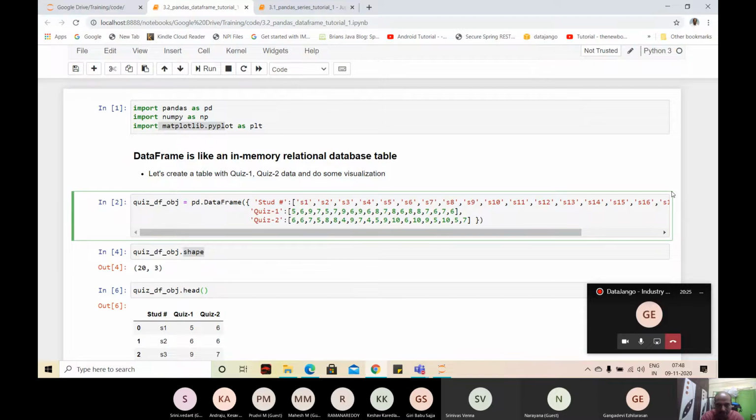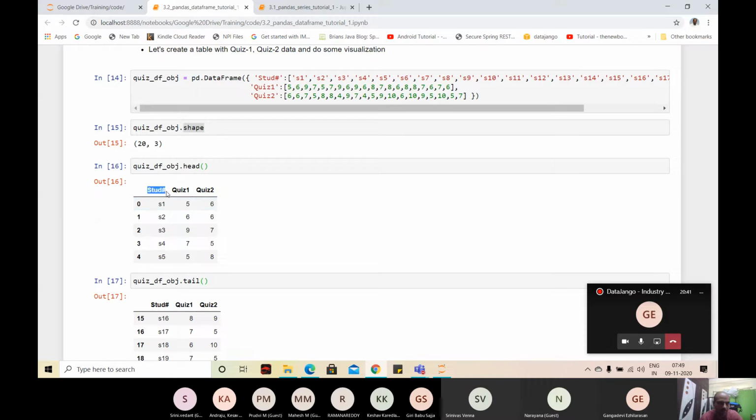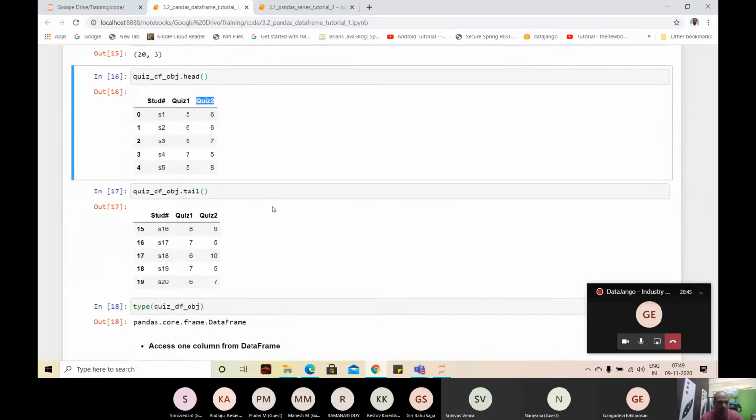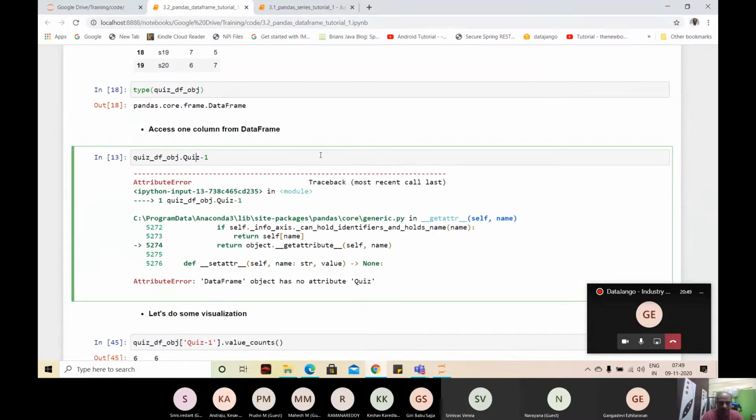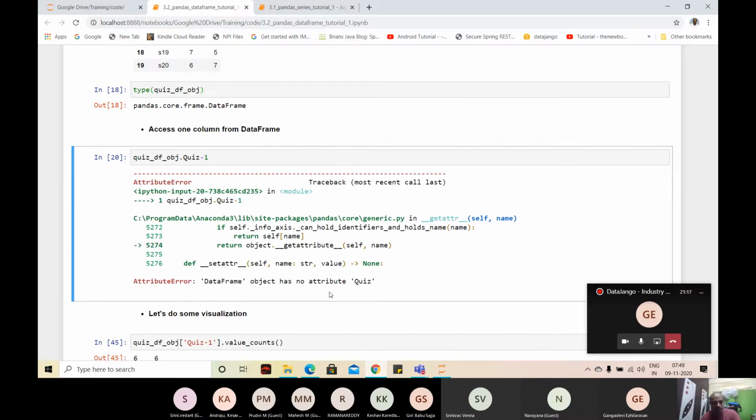Let me create the data frame in a different way. See, I took out the space there. I took out the special character. Now I am creating the data frame again. Okay. This is all the same. See this? The space got removed. The dash got removed. Now, if I want to access the column like that, it will work. When there are no special characters in the column names, you can say the data frame dot column name, and you can extract and look at it and do whatever you want. If there are special characters, it will not work. For that reason I created the data frame with special characters. When there was the space and the dash, it did not work. It threw an error saying the object has no attribute quiz. It is actually thinking that it's a